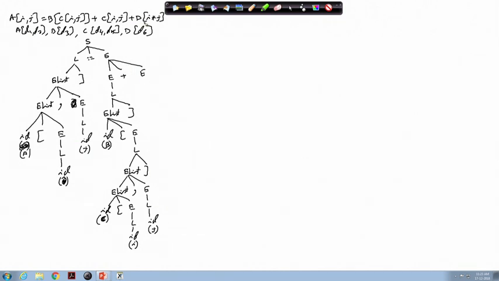Now, C[i][j] plus D[i*j]. For that part again I have to have E plus E, and from the first E I have to generate this C[i][j].